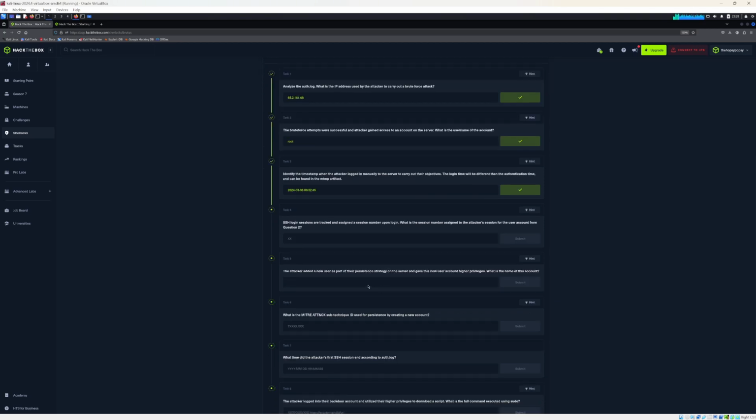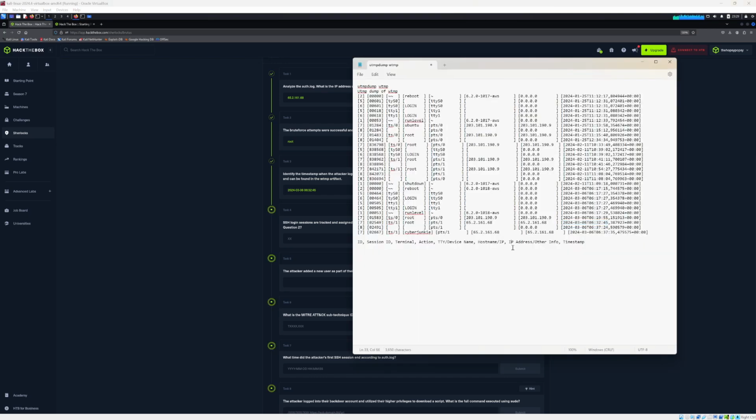Okay, awesome. And now the next question is SSH logins, sessions track and assign a session number upon login. Was a session number assigned to the attacker's session from the user account from question 2? So we know root, login sessions, we're given a session login number. So let me just have a quick look, we can do this together, it's not going to be too hard. So session ID,